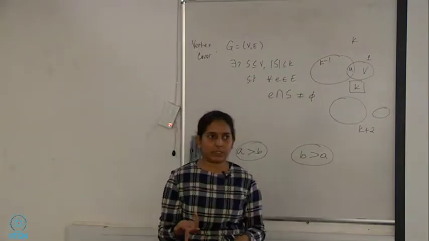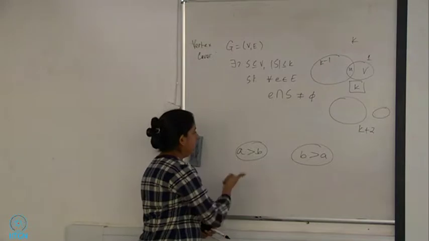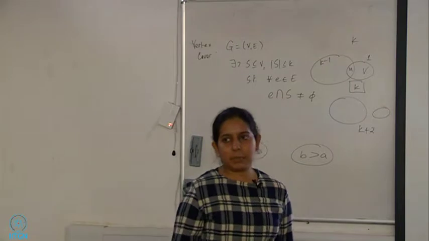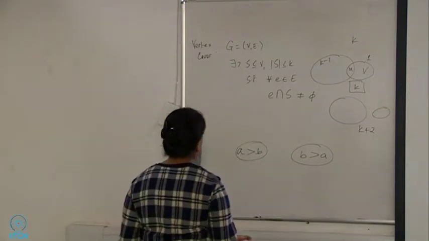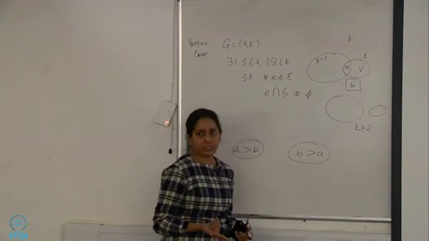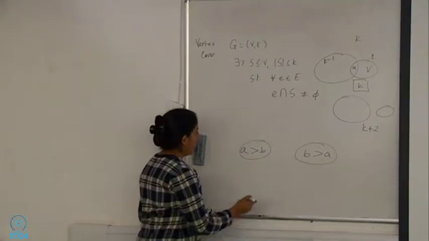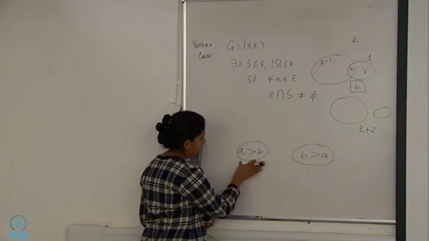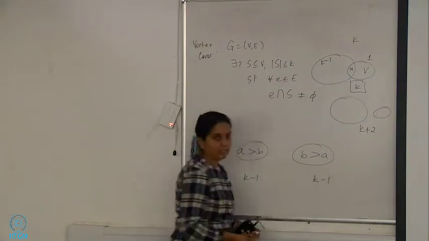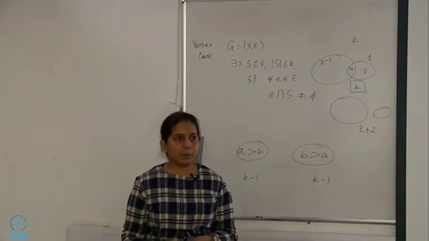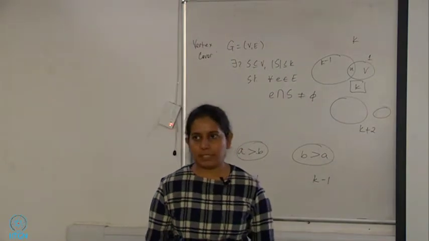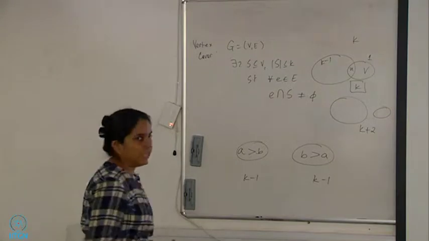In this sense, I'm being exhaustive. But if opt does this, then I've already made at least one voter unhappy, right? Because AB is a conflict pair, so there is somebody who prefers things the other way. And here there is also somebody who prefers things the other way. So in both cases, I'm looking for a Kemeny ranking which is consistent with this, but where now k has dropped by 1, okay? And essentially I recurse and keep repeating this process until I've either had enough pairs to determine a ranking completely and I can stop, or when k